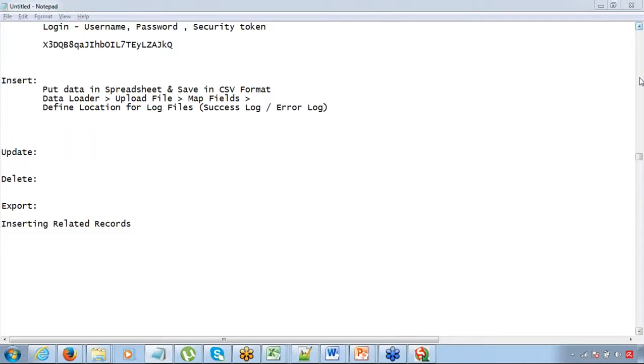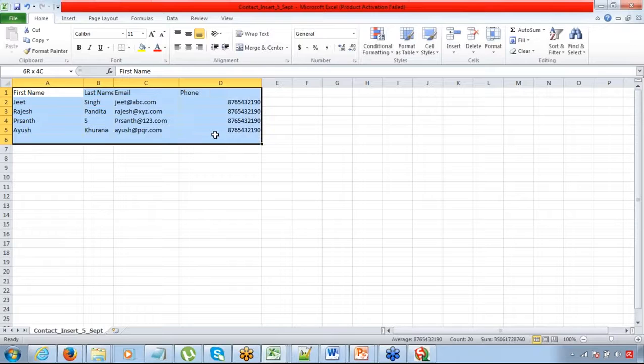So how do we do that? And it's not just performing 2 individual operations. We also have to make sure that the contacts which are inserted are associated with the accounts. Let's see if I've got some contact files. Okay. Now let's say I have got this 4 contacts also. All right. And these 4 contacts are from the 4 accounts that we created. Okay. So let's assume that we have got